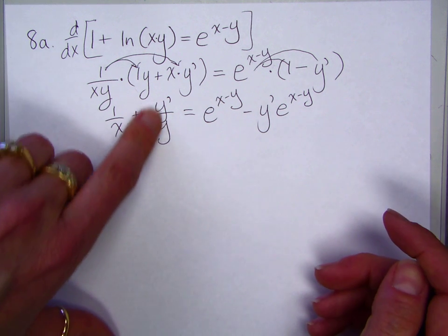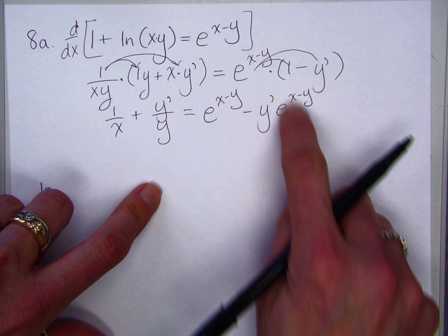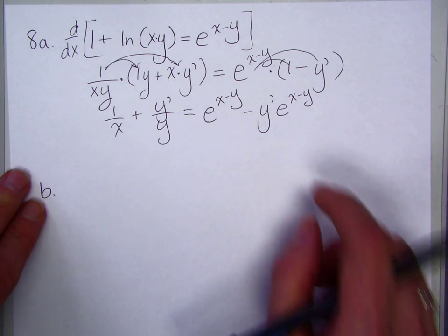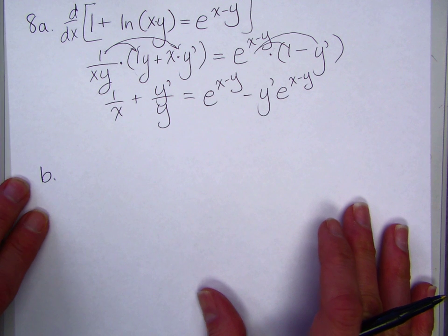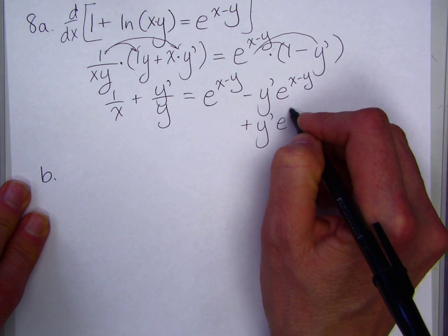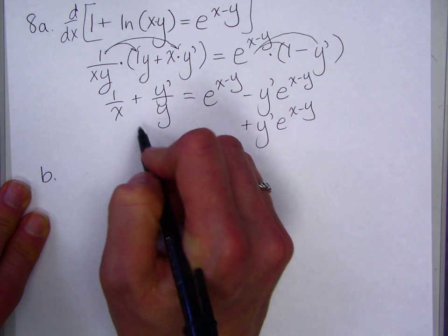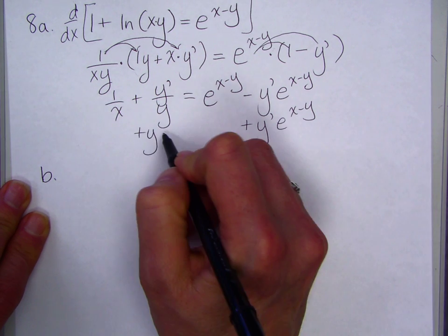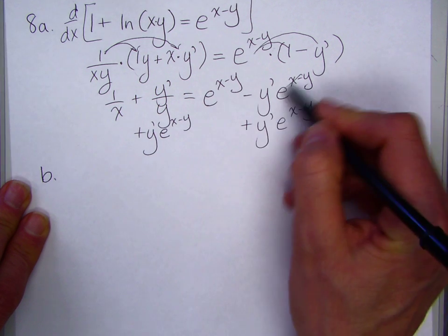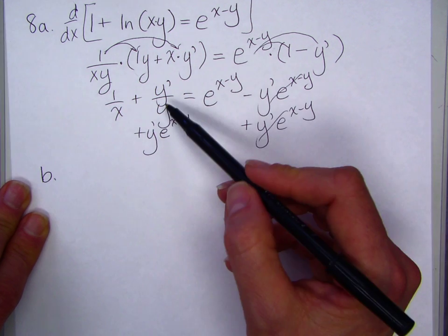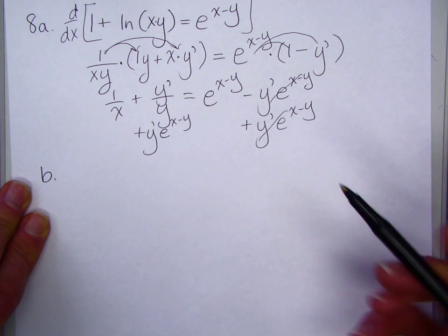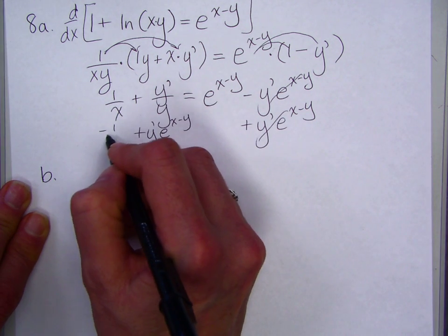So now we've got a y prime term on this side and a y prime term on that side. We can get them on either side. It doesn't matter. We talked about that whole positive negative business before. I'm going to go ahead and add this one to this side: y prime e to the x minus y. I'm going to add that to this one. So it won't be over here anymore. Okay. So here my y primes are together, so I'm going to subtract this 1 over x onto this side also. So minus 1 over x